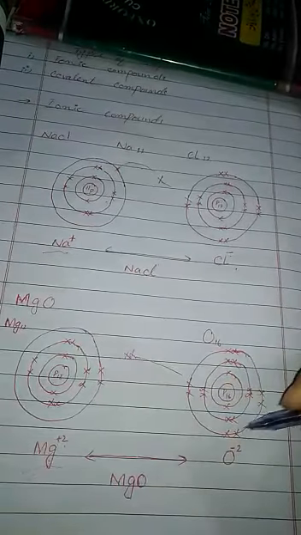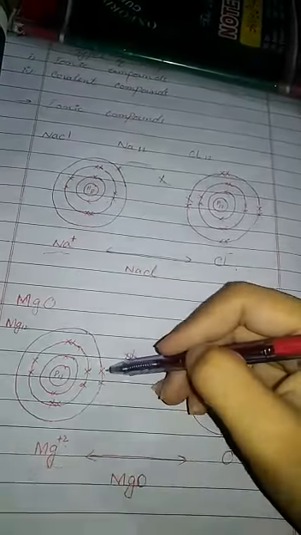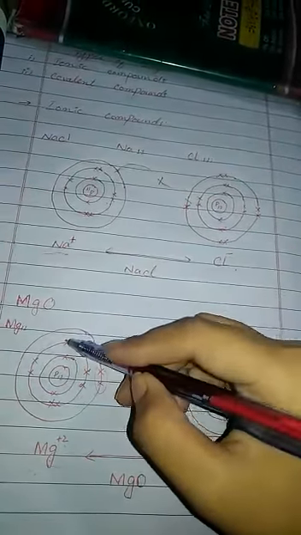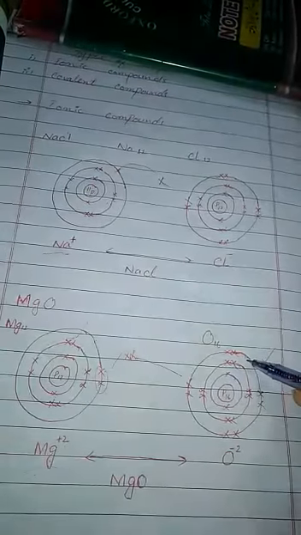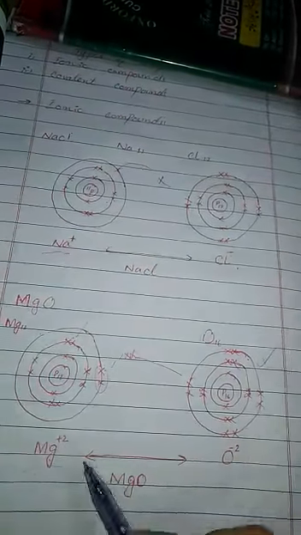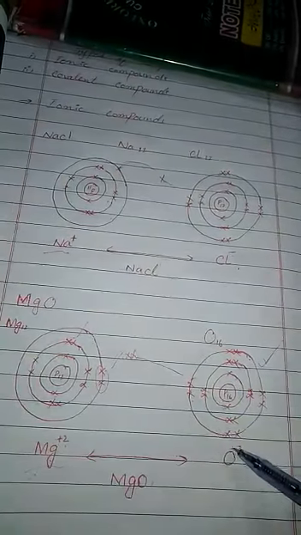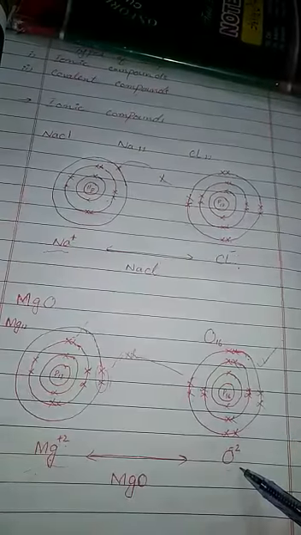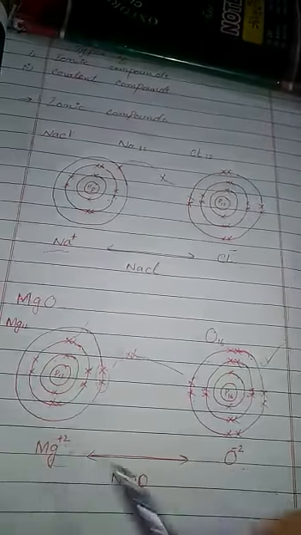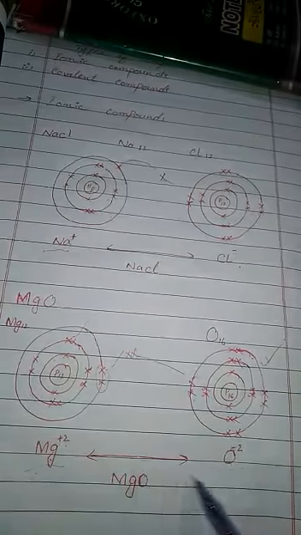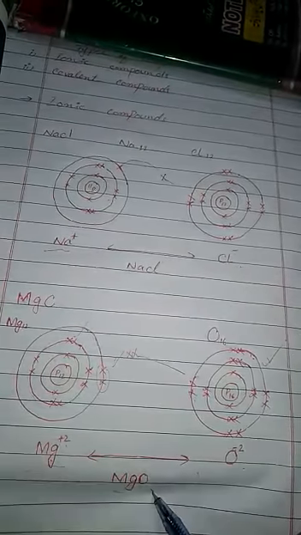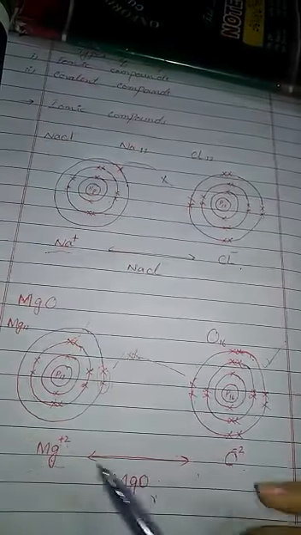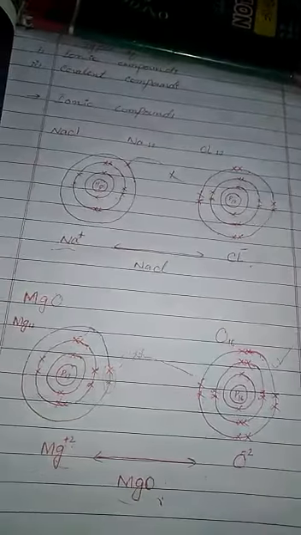In this way, its outermost shell is completed by 8 electrons, and when 2 electrons are removed from magnesium, its outermost shell contains 8 electrons. This is also stable. So, by gaining 2 electrons, oxygen gains a -2 charge and it becomes an anion. When the magnesium ion and oxygen ion join together, they form a compound called magnesium oxide, and this is called an ionic compound because it is formed from ions.